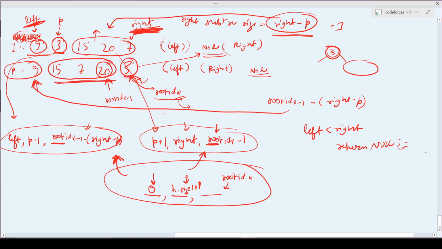And you must be pretty sure that to find the location of p in my in order, I should use an unordered map to store the indexes of the elements. Because I will be iterating on this post order, and to know the index of this post order element in my in order, I will use a map. So let's quickly write the code and we will be good to go.